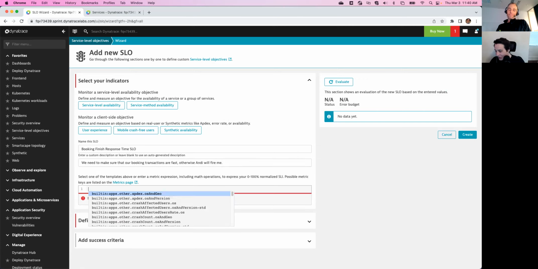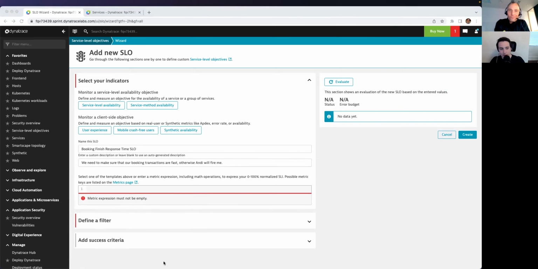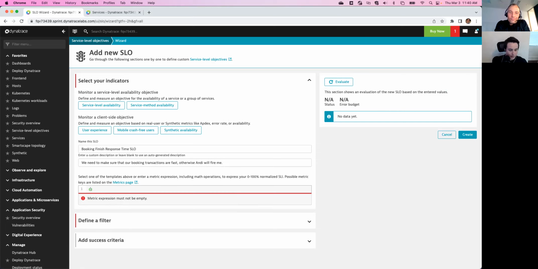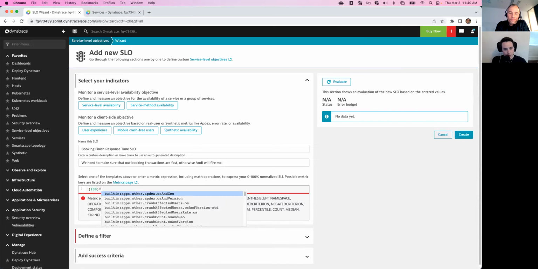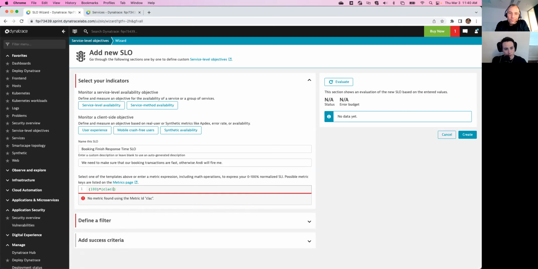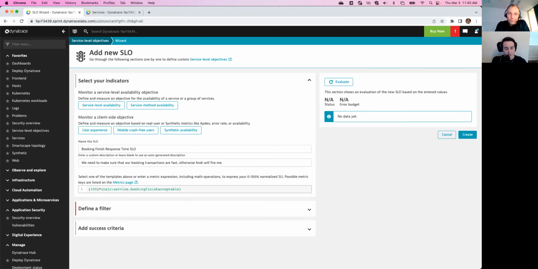And then, similar to our last one, we're going to go ahead and construct our metric picker here. In this case, we're going to find the calculated metrics that we just created. And we're going to divide our successful booking transactions, which again are transactions that come in at 5 seconds or less, into the